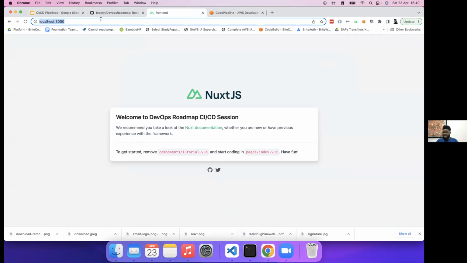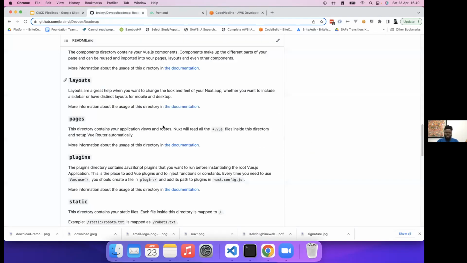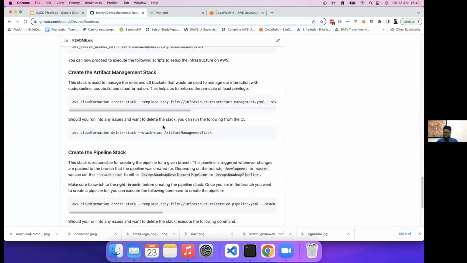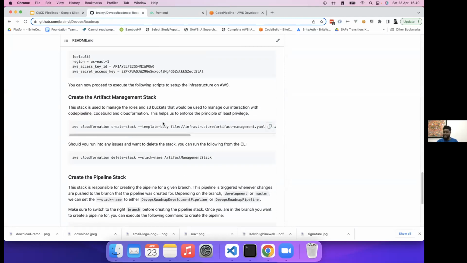So I'm just a developer who is trying to do stuff on my local machine, but my local machine might not be enough for me to test, because I know eventually we're going to host this on AWS. So the first step, like I mentioned in this page, is that we first have to create a development pipeline. The development pipeline is what ensures that all the changes, we can test it in the development branch. So the first thing is that